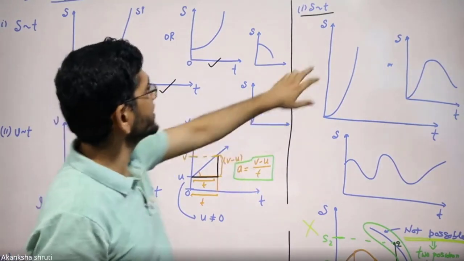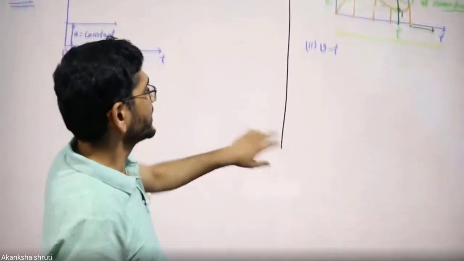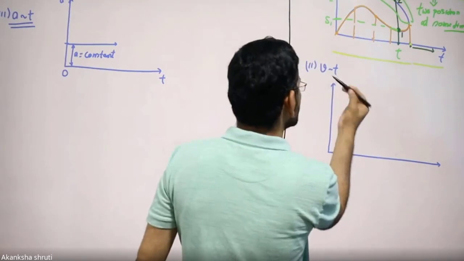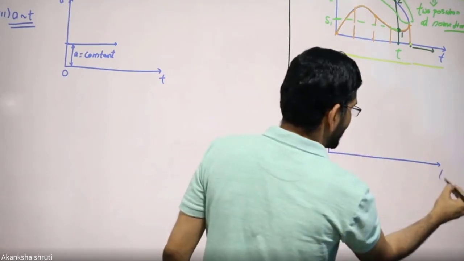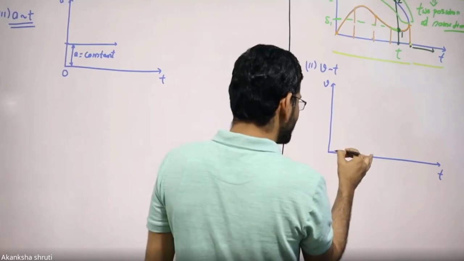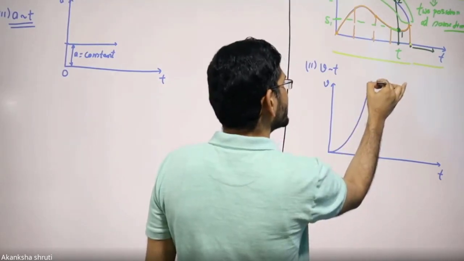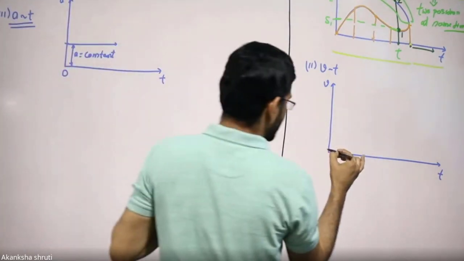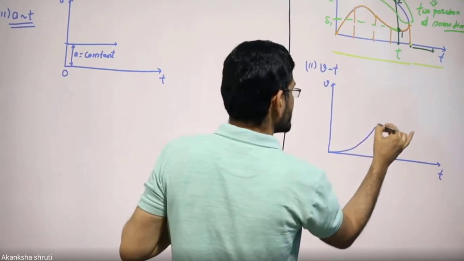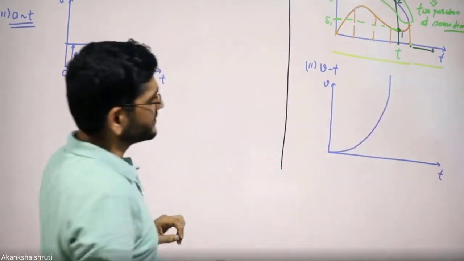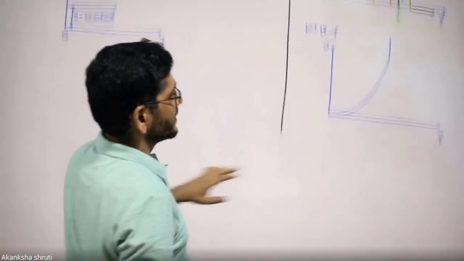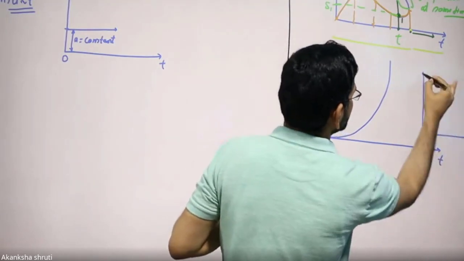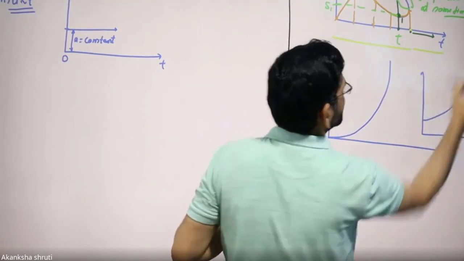If we draw the speed-time or VT graph for non-uniform motion, then it is like this. See, in this case, the speed is not increasing uniformly. That means the VT graph will be like this one. Okay, students? In this case, it may be possible that if the initial speed is not 0, then it may be like this one. Ready?